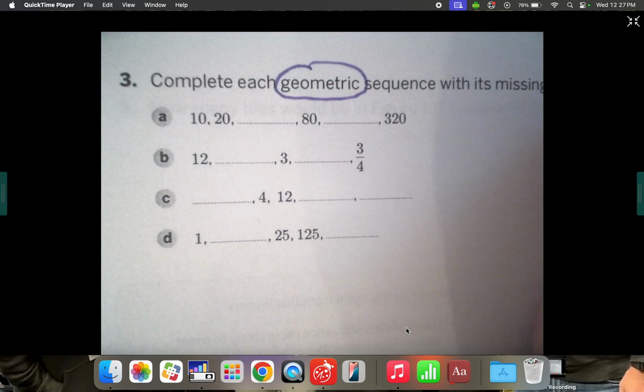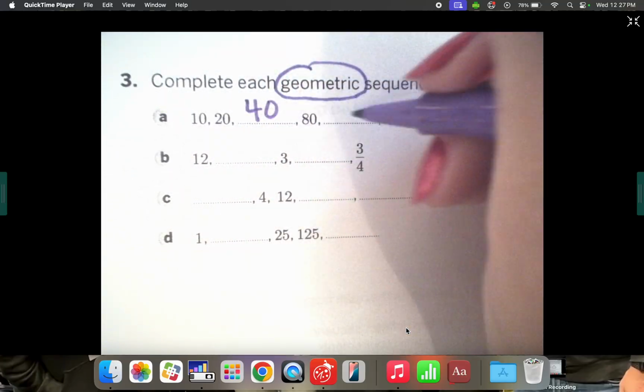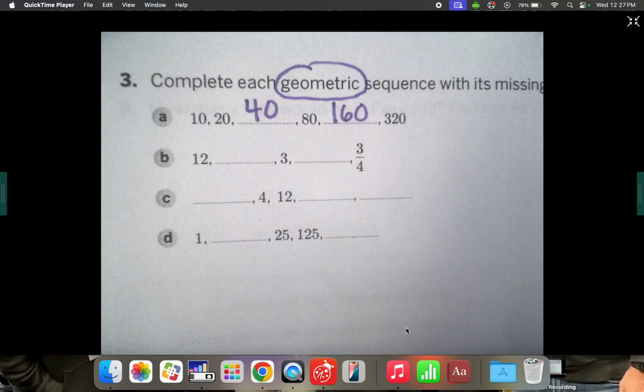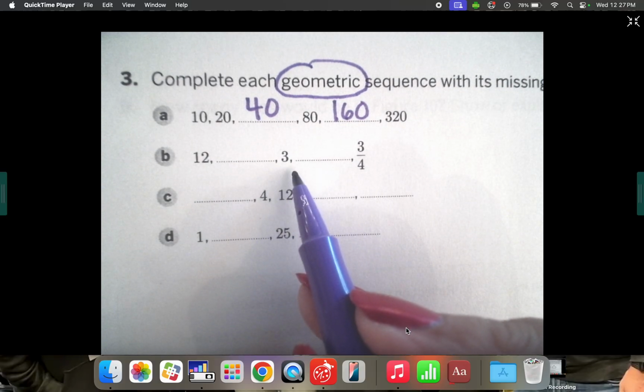Okay, I'm going to do this really quick to make sure that you guys have already done this. These look like they're just times 2, so that would be 40, 160. Okay, this one, ooh, so